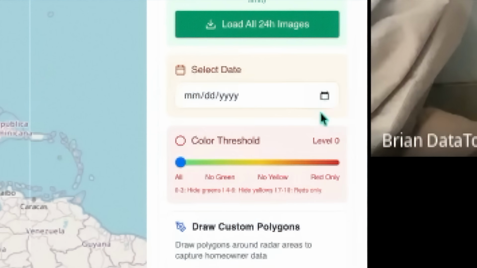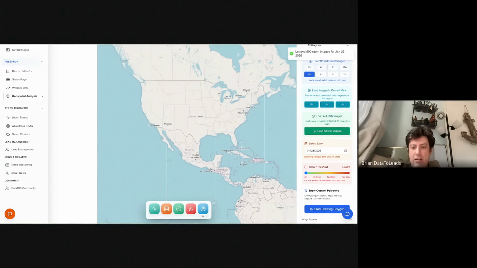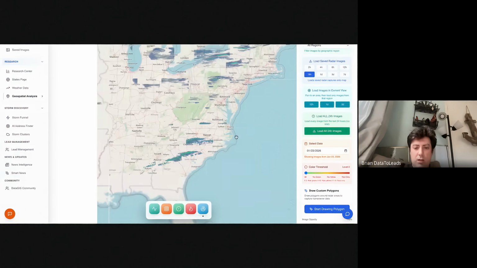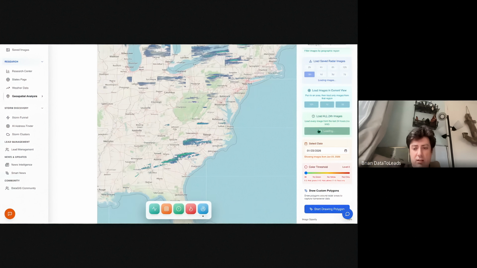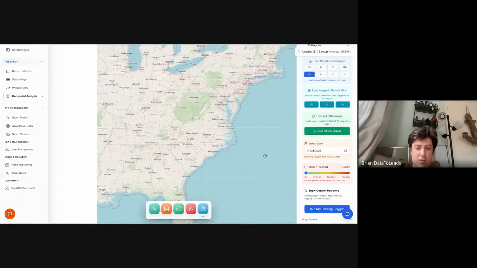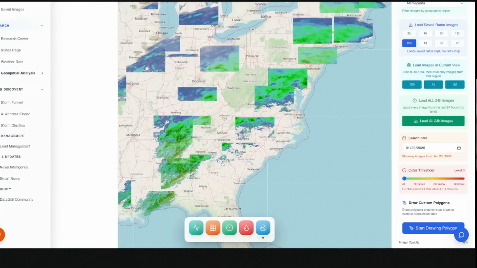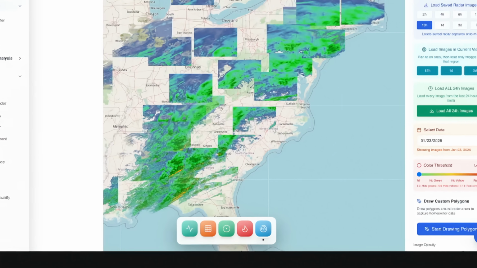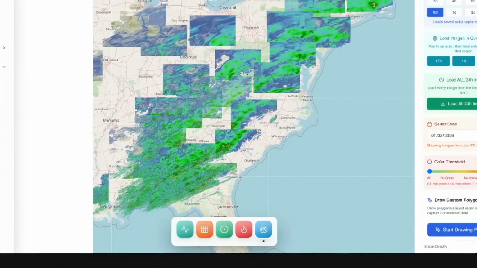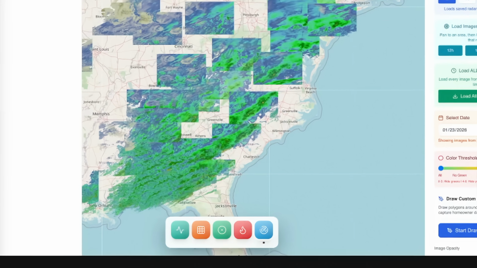So I'm going to go and select the 24th. And what it will do is reload up the collage of all of the storms and severity and radars that have occurred. So it can only load up to 500 at once. But if you wanted to add more, you can click load all 24-hour images. There are over 3,000 radar captures that we got in the last 24 hours on the day of the 23rd into the